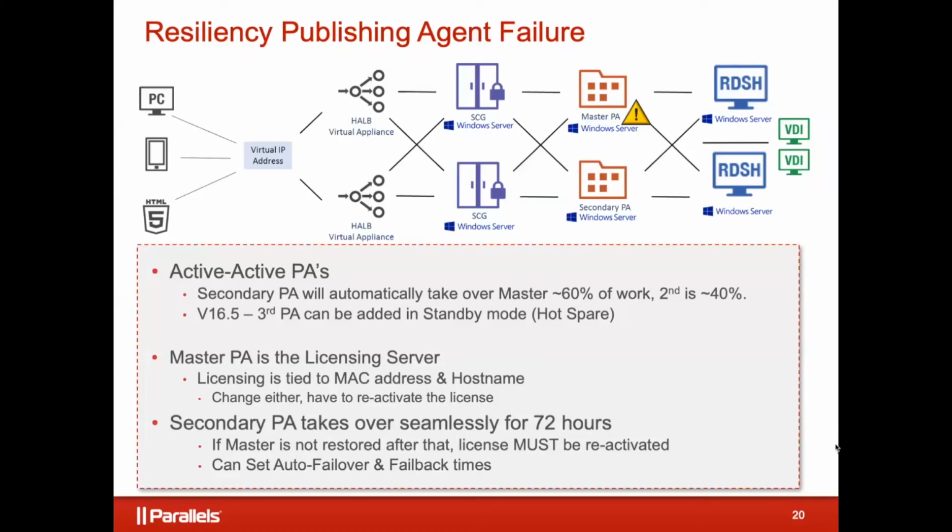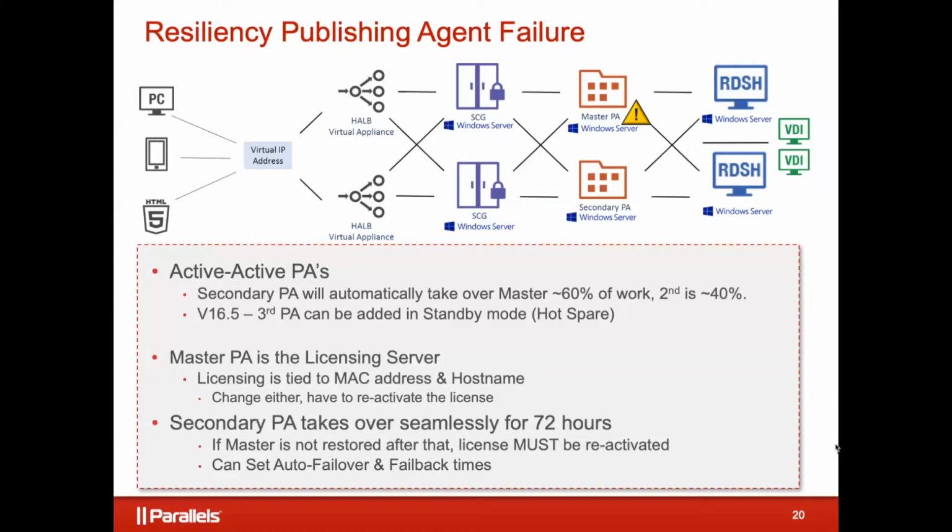If I think back to my domain controller reference, Microsoft has something called operations masters, right? We used to call them, I believe, FSMOs, back in the day. I don't even remember what that stands for. It's been so long. But essentially, the master publishing agent has a few things that you only want running in one place in your environment at a time. So it's doing 60% of the work, but the secondary is doing 40% of the work. And if the master fails, the secondary can promote itself and take over and do all the work. So you're really covered there.